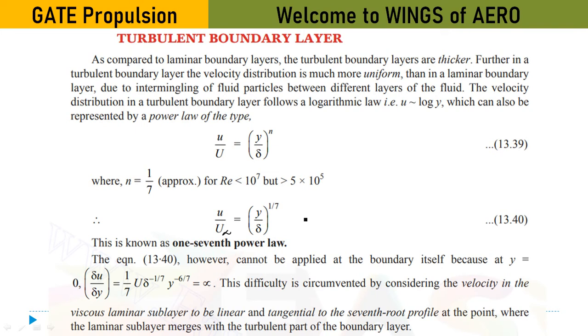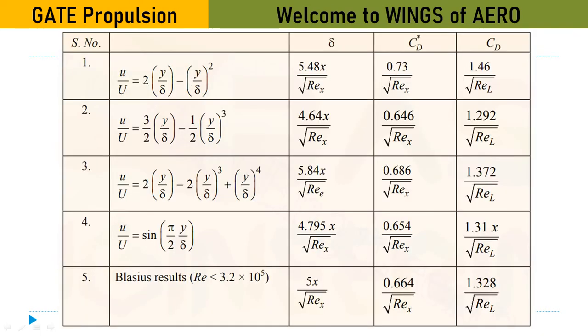Now here come some sets of derivations that they have performed from that equation, u by u infinity. These are the sets of laminar boundary layer equations. From the equation they have derived the boundary layer thickness. From the boundary layer thickness they have derived the local drag coefficient and the drag coefficient. This is a local one. That means at some particular x direction, or if there is one plate,